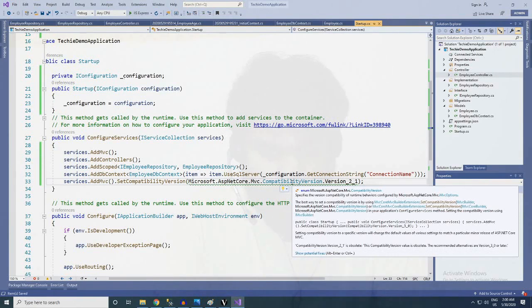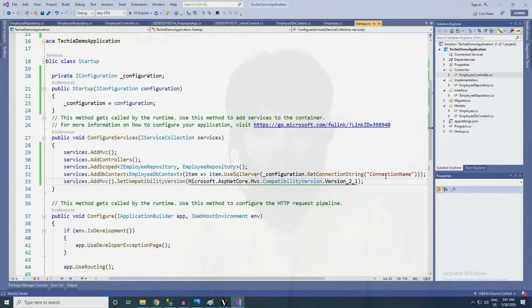The problem is compatibility version 2.1 is obsolete. This compatibility value is obsolete. The recommended alternative versions are version 3 underscore 0 or later. Okay, let me change this to 3 underscore 0. Now the error is gone. So let's test it now.